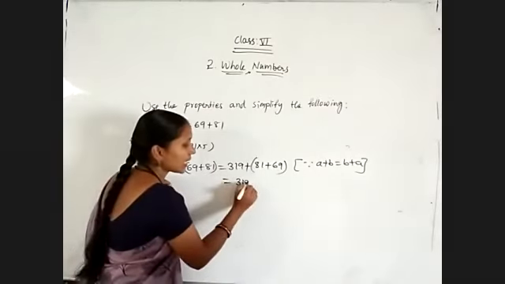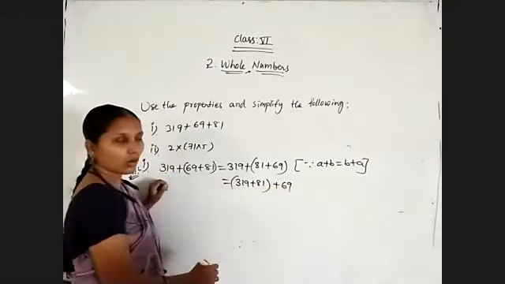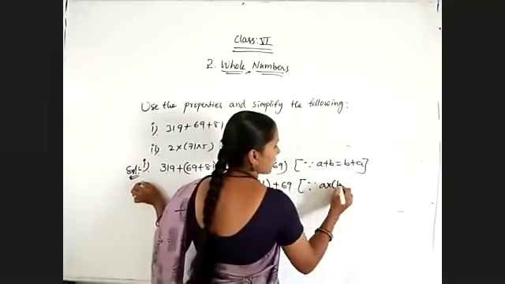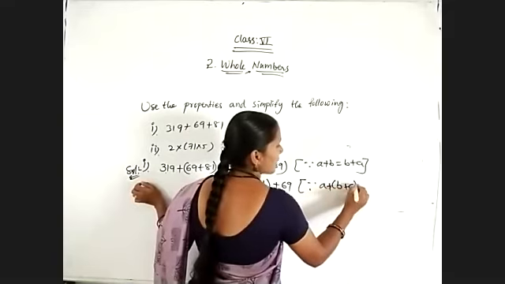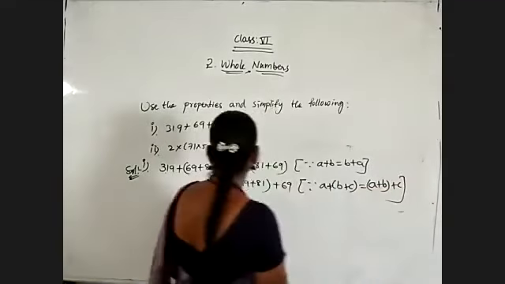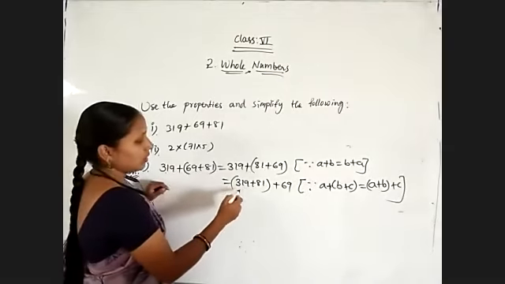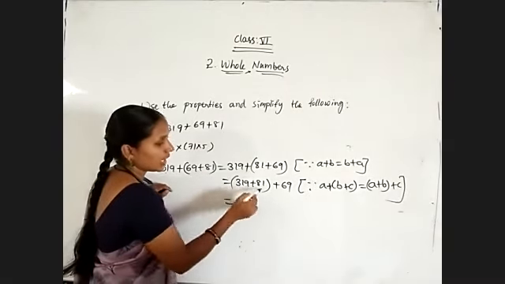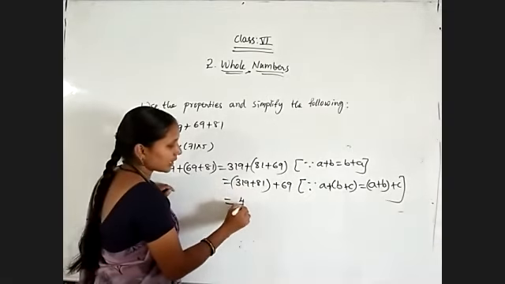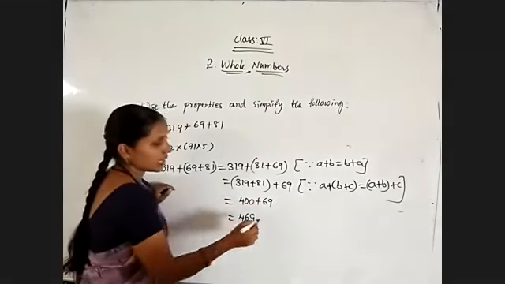So 390 and 81 both are having the bracket. 69 is left out now. Okay, so it is from the associative property: (A plus B) plus C is equal to A plus (B plus C), which is equal to 319 plus 3 is equal to what? 320 plus 18... 400 plus 16, so which is equal to 416, and that's all.